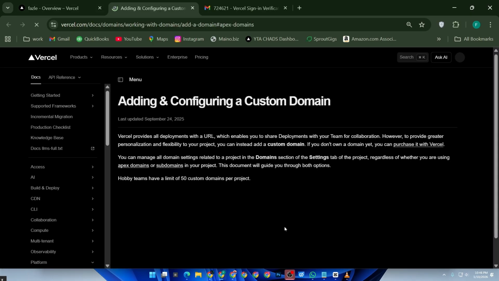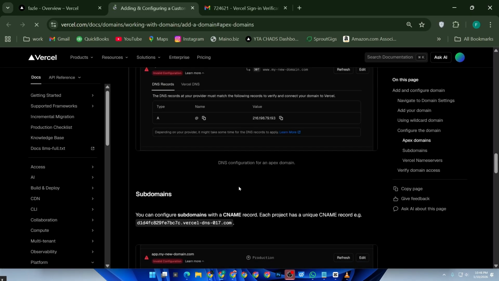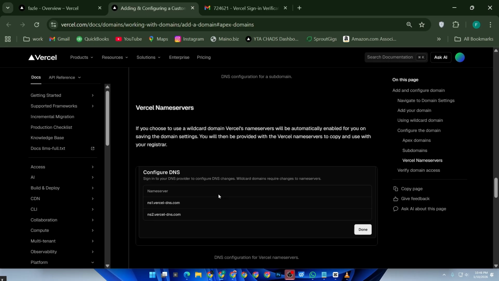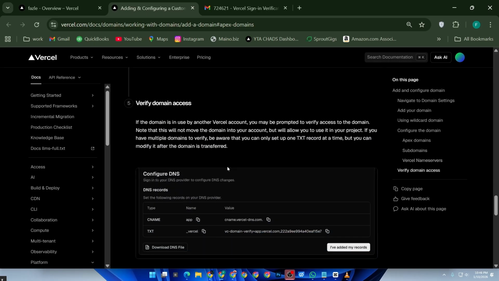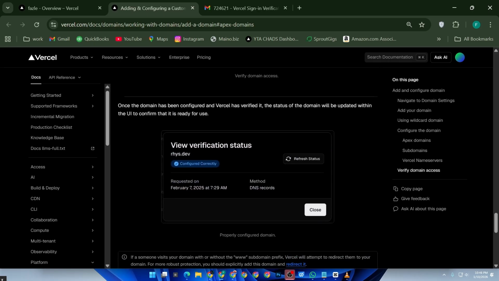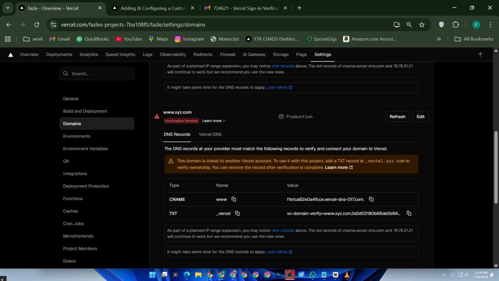Once your DNS settings are updated, give it a little time to take effect. After that, open a browser and visit your domain to make sure everything is working correctly. If your site loads, your domain is successfully connected. And that's how you add a custom domain in